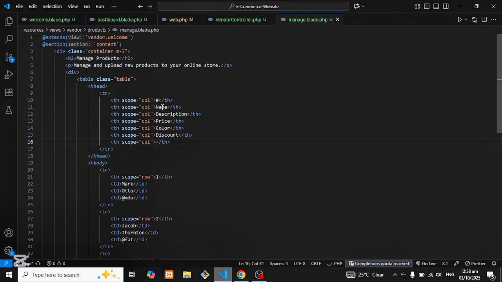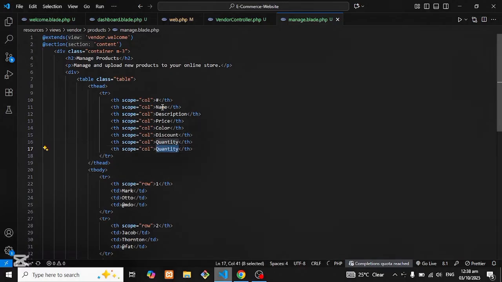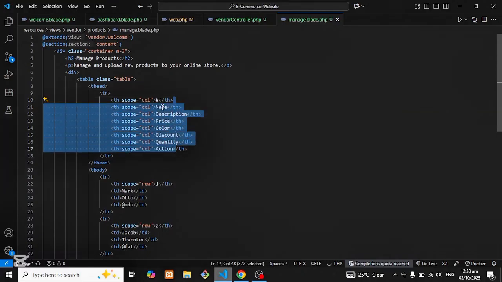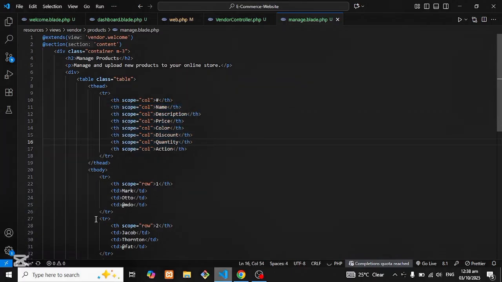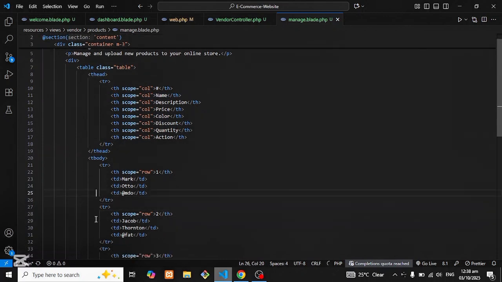Also we will have quantity. Yeah, also we can add an action button. So here we have almost, we can add other things as well with passage of time, 1 2 3 4 5 6 7 and 8. So we have to have at least,